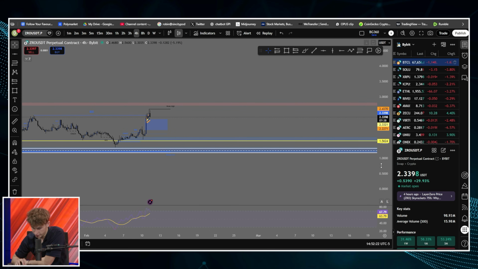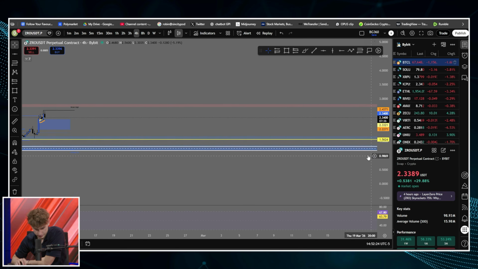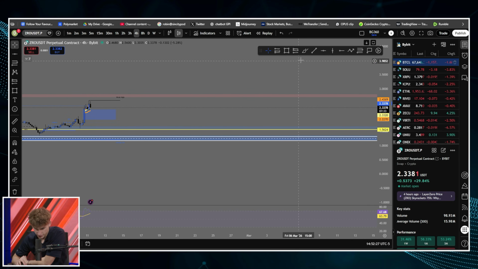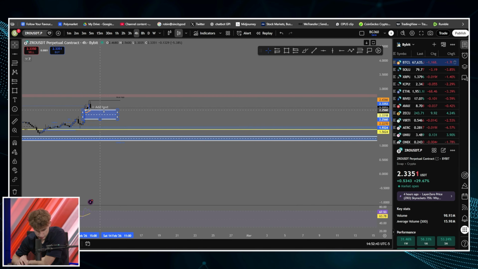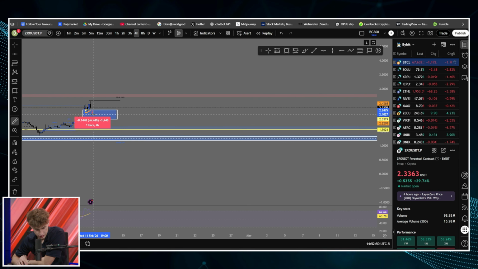If we go down to the 4 hour, we can see right here, we got up to this area. We're starting to see a movement to the downside. We have an unfilled fair value gap here, which I love. Obviously, I love attacking these unfilleds, especially on these higher time frames. So I wouldn't be mad at all to get in at the top of this fair value gap range, and then see a push to the midpoint of it, and then see a push out. From the top of this range to the middle is 8%. That's a really nice scalp.